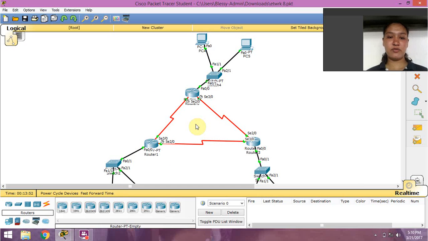Then for configuring EIGRP, we have to give some commands, like router EIGRP 10, where 10 is the autonomous system number, so we have to give a number for this, and here I am giving 10. Then we have to give the commands like